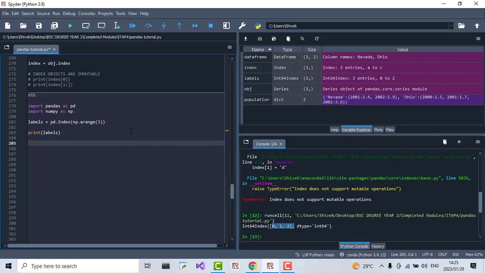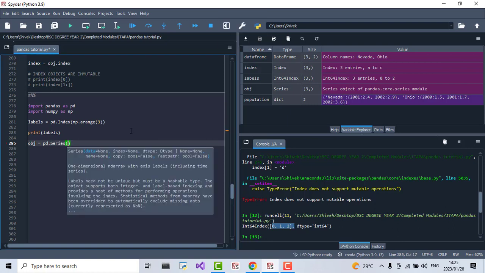Now, what I'd like you to do is go ahead, create an object, obj is equal to pd.Series. I want you guys to understand exactly how data frames and series are made or created. If you understand how a series is made, you will definitely understand a data frame, because logically speaking, a data frame is literally just multiple series that have been joined on the horizontal axis. Okay, so